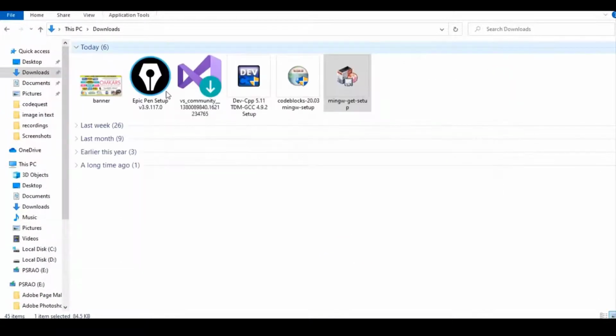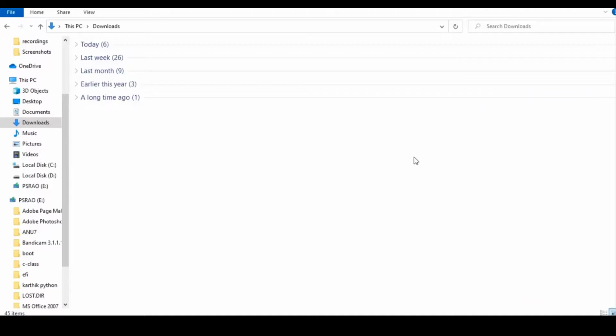Now, after completing the installation of MinGW, for practicing and developing C++ programs we need some IDE, so that we can type the program and compile it using a compiler. The IDE we use is Code::Blocks at present. Let us see how to download Code::Blocks.